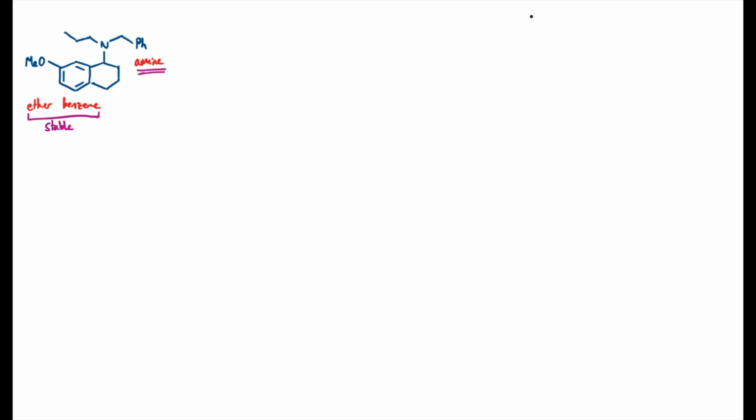And my default type of reaction for this type of disconnection should really be a reductive amination. There are of course many other ways of making amines, but this is a really reliable one. So a reductive amination disconnection requires me to break a C-N bond. And in the molecule I'm looking at, there's 3 of those that we could choose. So we should just take a pause and have a think about which one would be the strategically most useful